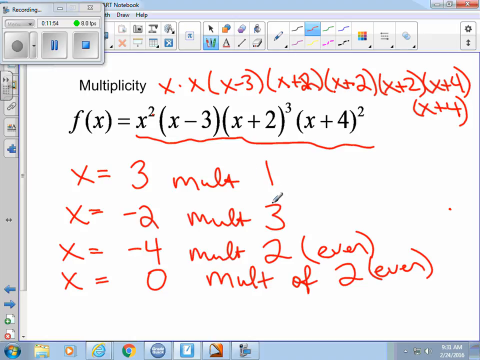If the multiplicity is odd, it crosses. This is beyond what you need to know, but I'll mention it anyway. If the multiplicity is 1, it crosses straight through. If the multiplicity is 3, it crosses kind of like a cubic. Look at -2. You see how at -2 it kind of has a little cubic shape in it? More information than you would ever need to know, but you can kind of see how that's affecting it. So that's